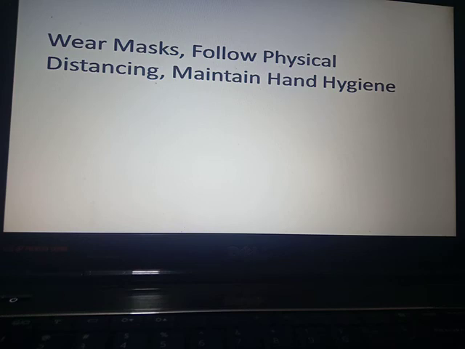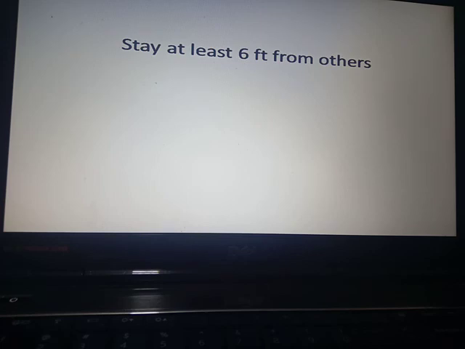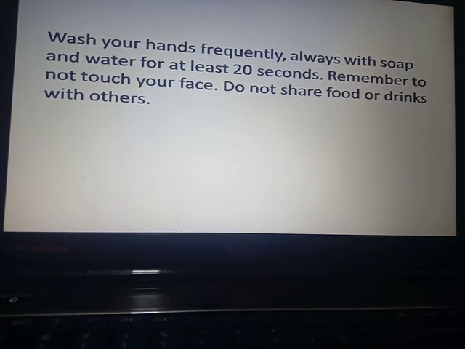We should remember to wear a mask properly, follow physical distancing, and maintain hand hygiene. Stay at least 6 feet from others. Wash your hands frequently, always with soap and water for at least 20 seconds.